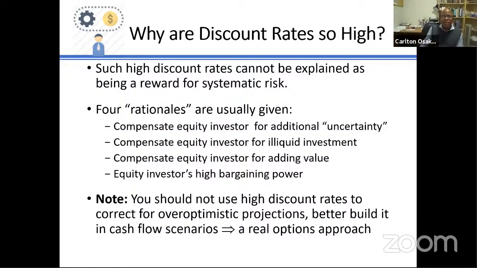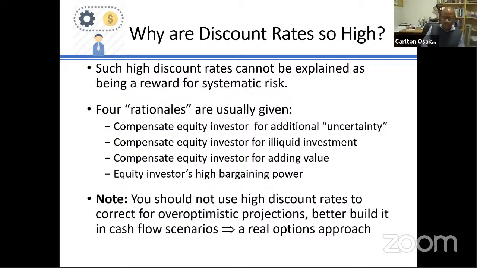And that's okay. But one thing is that, especially for this additional uncertainty, if the equity investor thinks that the projections are overly optimistic, they shouldn't use a higher discount rate to compensate for what they think might be overly optimistic projections. Instead, they should work with the cash flow projections and so on to bring things in line. And so, working with the cash flow projections, working with the different scenarios to see what could possibly happen, this is sort of the real options approach.